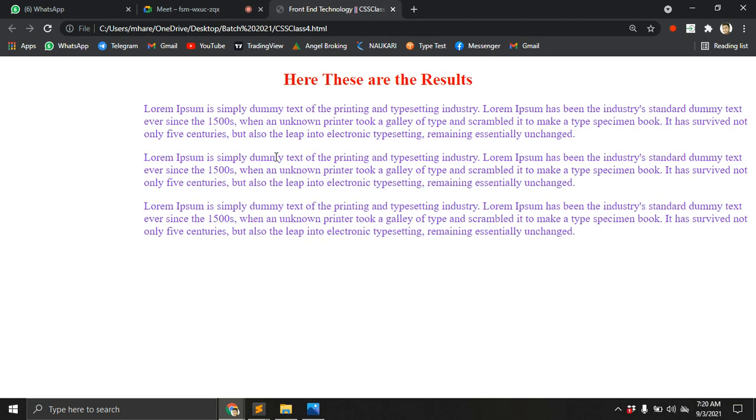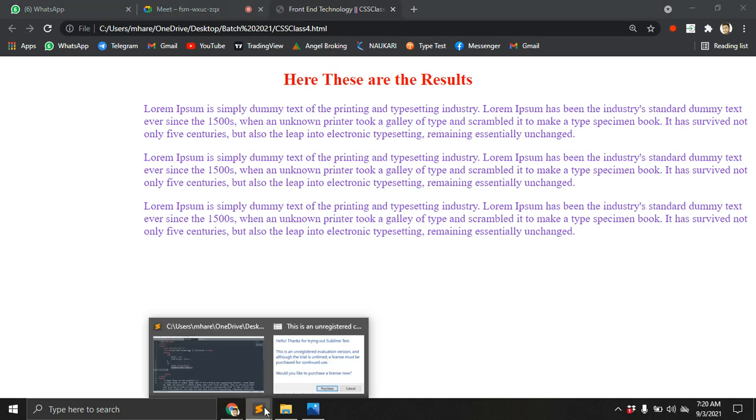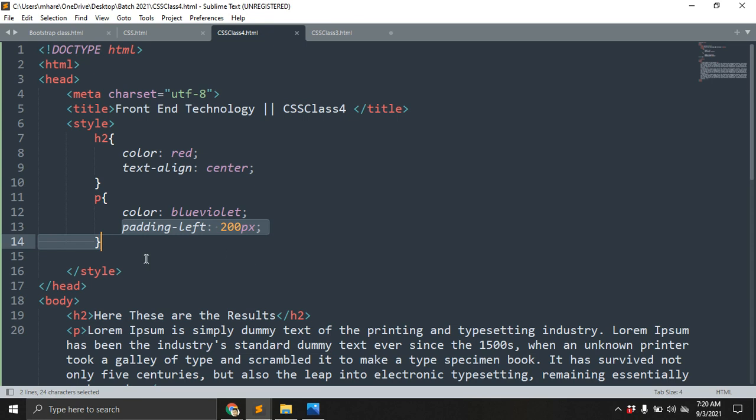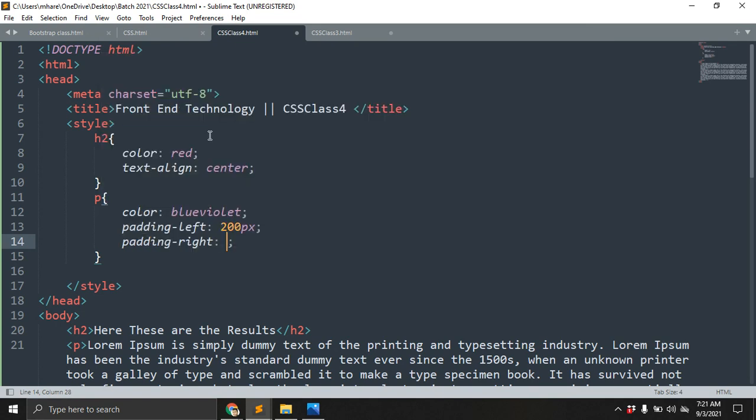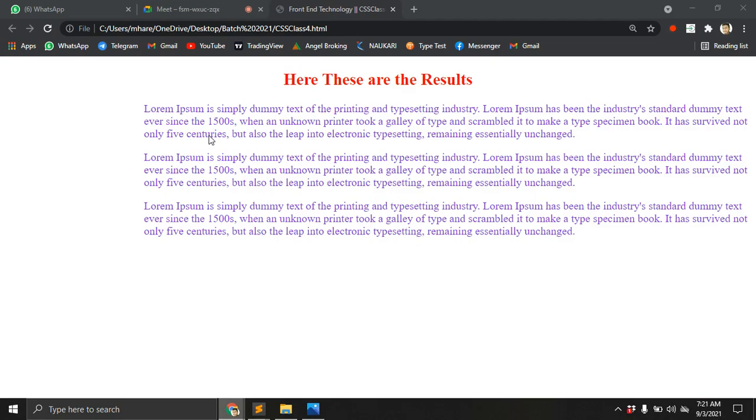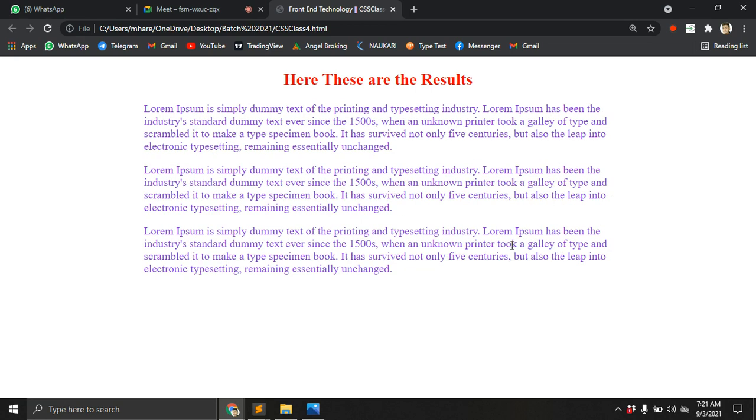Just have one refresh. You can see it comes in with some distance. There is nothing here, empty. I want top also. I want right also. Let's see. Padding right is the same distance. Let's see the pixels. Let's save, open the browser and refresh. What is the output here? On the right also it comes in with some distance. Refresh. We can see here is the same distance, right?